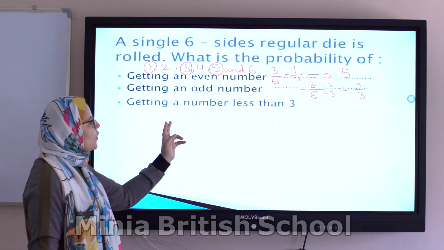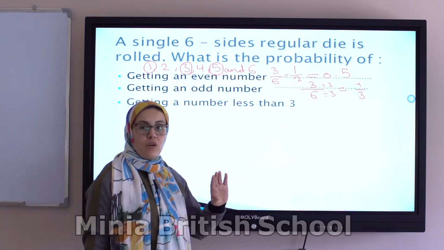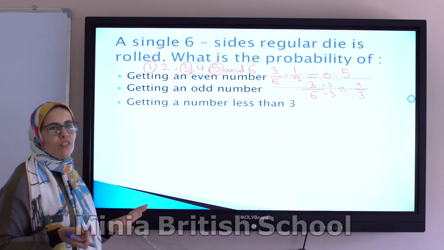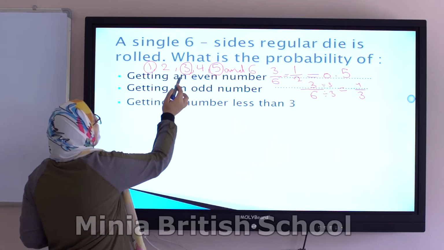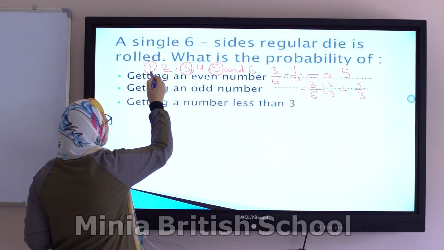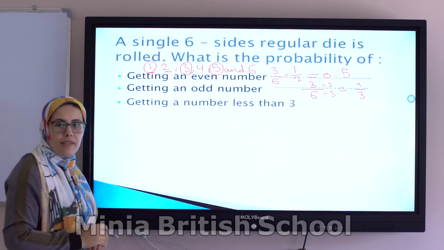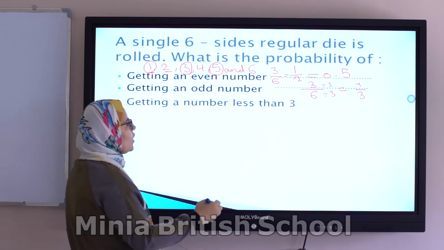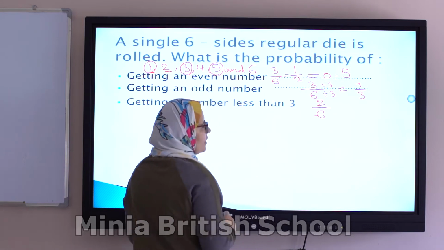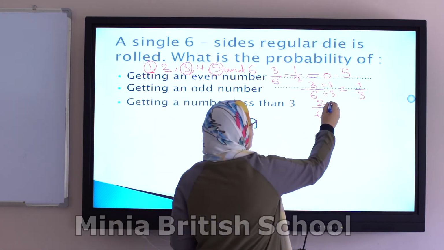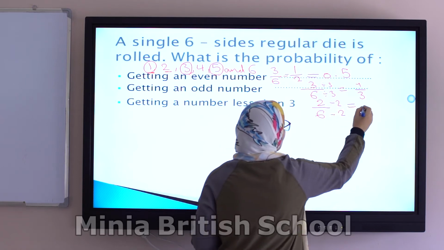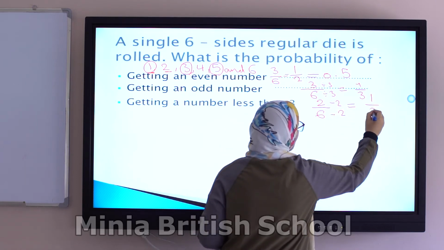Here, getting a number less than 3. Now I need number less than. Less than mean what? Less than mean smaller than. Smaller than what? Smaller than 3. What is the numbers smaller than 3? 2 smaller than 3. 1 smaller than 3. So how many? We have 2 possibles. So it will be 2 over what? Over 6. Can I simplify it? Yes. Divided by 2 up and divided by 2 down. So it will be what? It will be 1 over